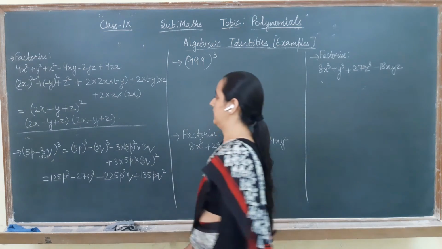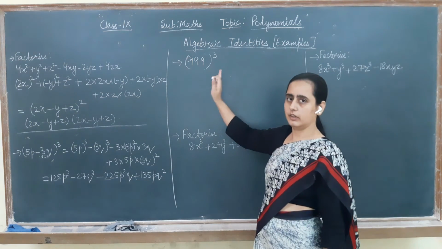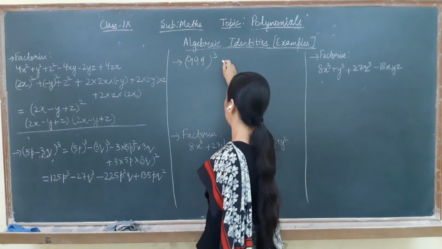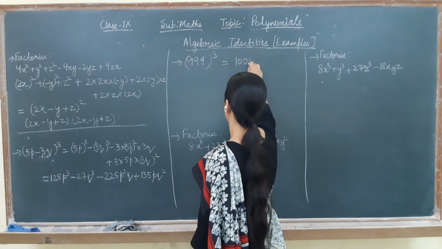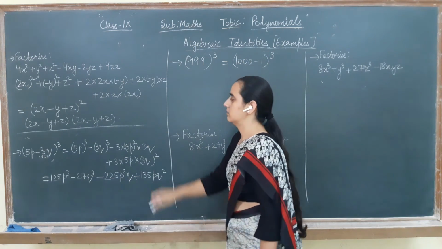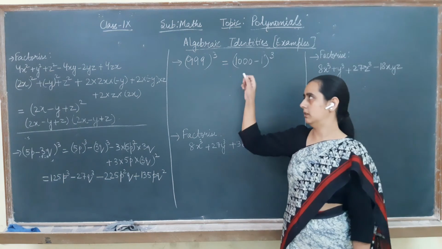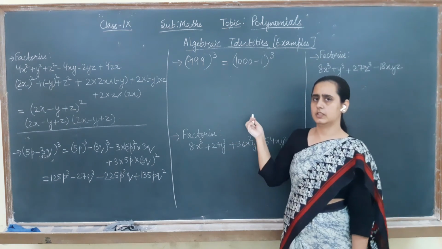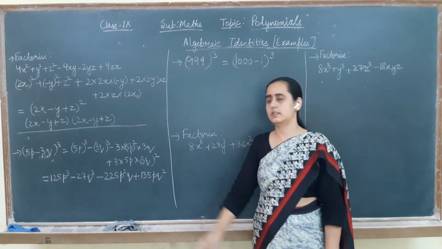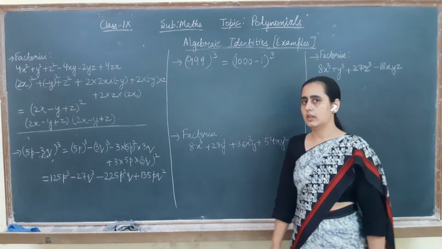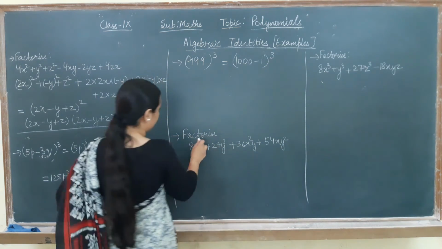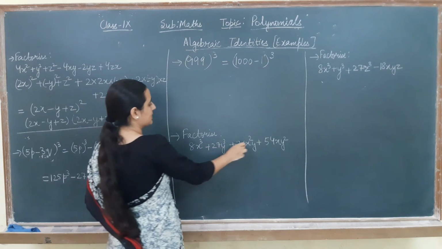The next type of question is this. Generally it comes in the exam. As I told you for square, same, you can write it as 1000 minus 1 whole cube and then solve it in this way. So I am not going to discuss the complete solution. I hope the concept is clear. Now my x is this, y is this, just apply this identity. Fine. And next, coming to the next, if we see factorize, again cube, square, square.